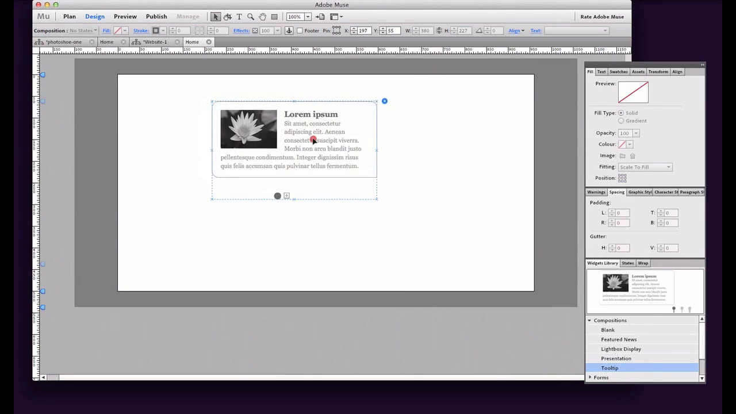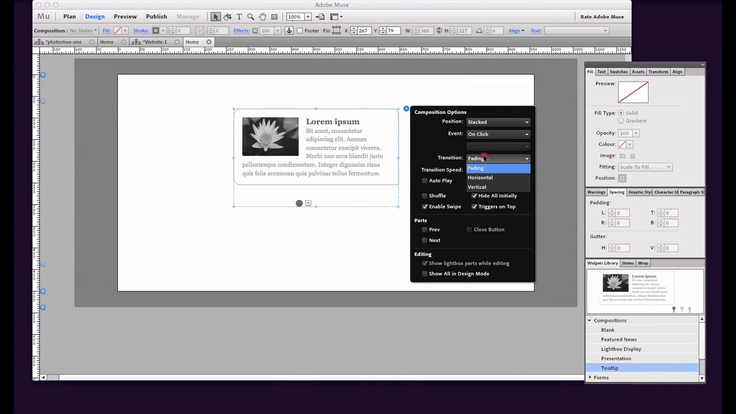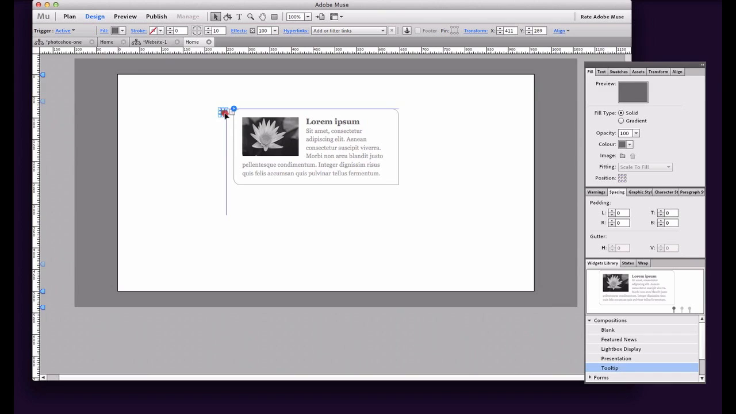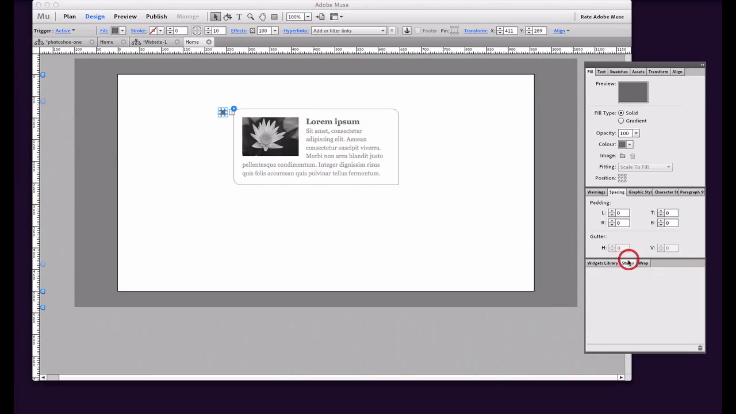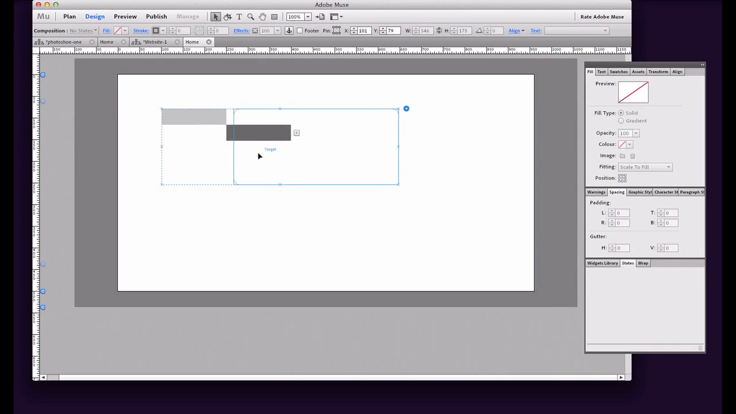Now what that does is it puts the slide units, the main units, on top of each other, and then we can use either fading, horizontal or vertical sliding. We want to switch hide all initially off because we want it to be seen straight away. We don't want to have to click a button before we can see the slider. And then we grab this little dot here, which is a navigation dot, and if we go into the states panel here, into normal, switch off all the radius here,